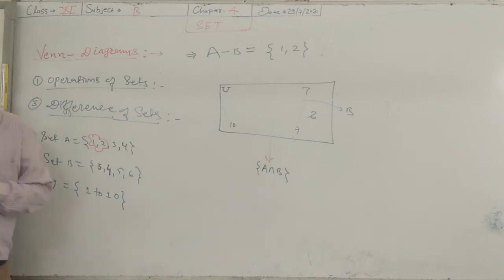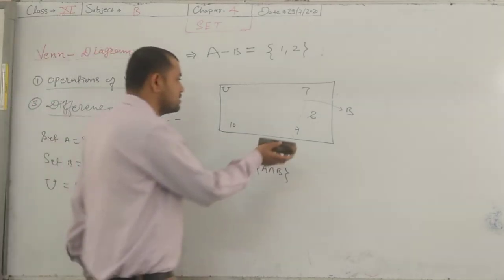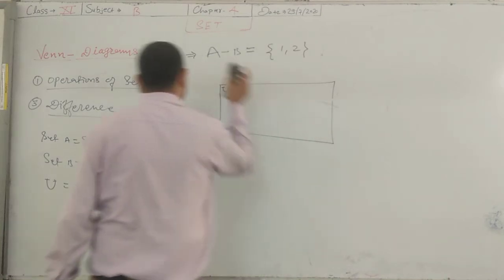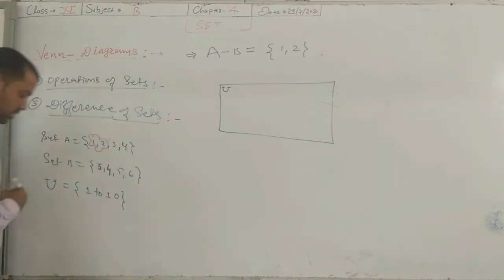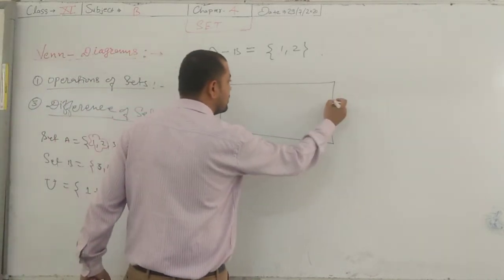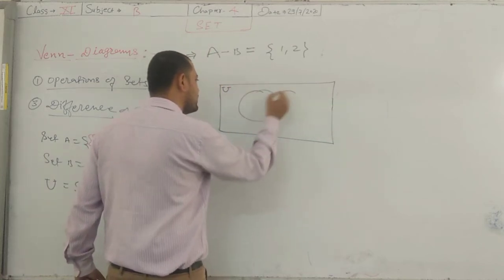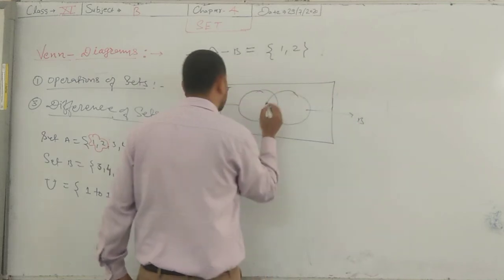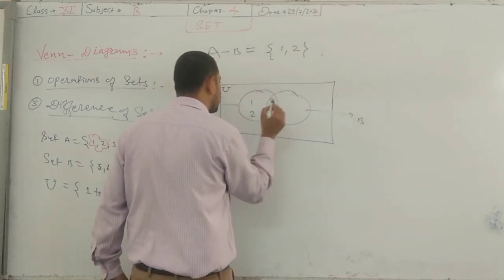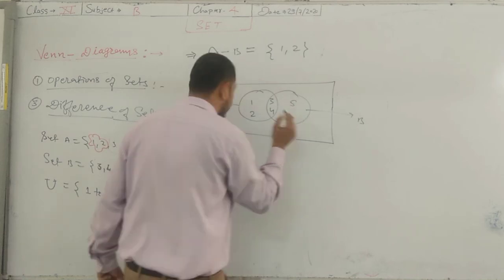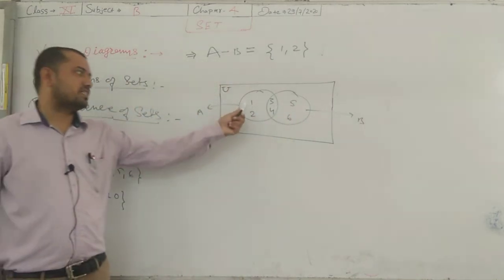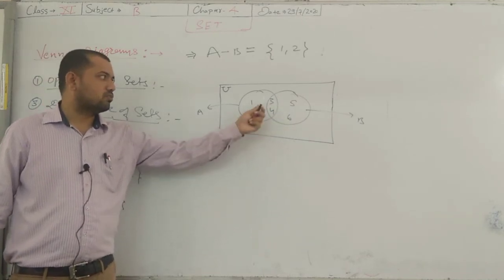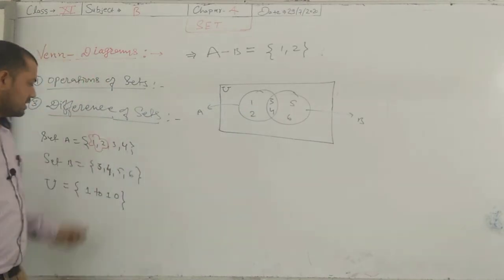And how do we represent it in the Venn diagram? Difference in the form of a Venn diagram. See here how we represent the difference of two given sets. First is A minus B. First of all, that is our rectangle box, the universal set. Inside it we have set A and set B. There, 3 and 4 are the common elements, 1 and 2 are in set A, and 5 and 6 are in set B. So 1, 2, 3, 4, 5, 6 are the elements of sets A and B.